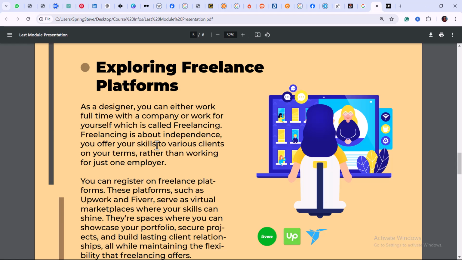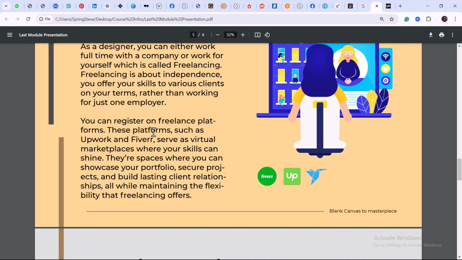You offer your skills to various clients on your own terms rather than working for just one employer. You can register on freelance platforms. These platforms, such as Upwork and Fiverr, serve as virtual marketplaces where your skills can shine. There are spaces where you can showcase your portfolios, secure projects, and build lasting client relationships, all while maintaining the